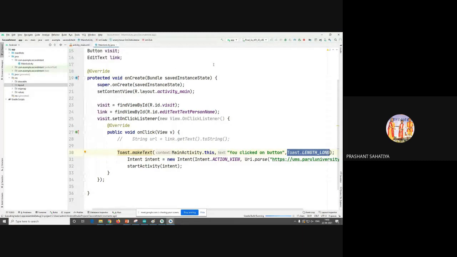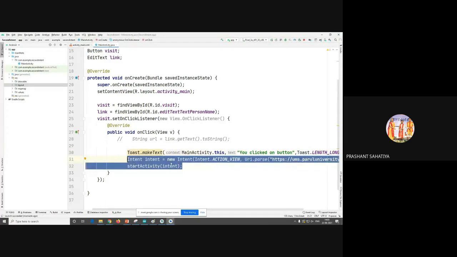Let's see if it is working or not. Okay. As soon as I will click on this, पहले toast आएगा and फिर वो link open होगा. If the toast was afterwards, then it will show afterwards. First the link will open and then we can see the toast.